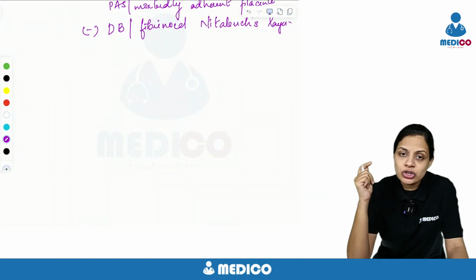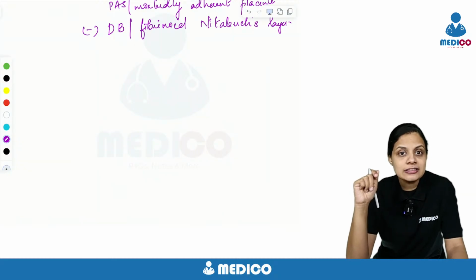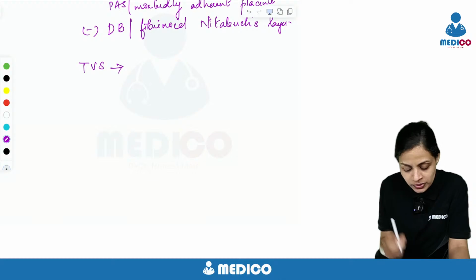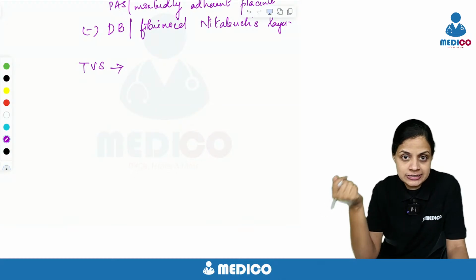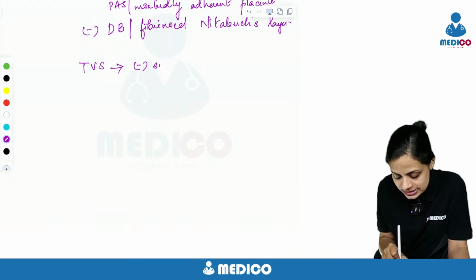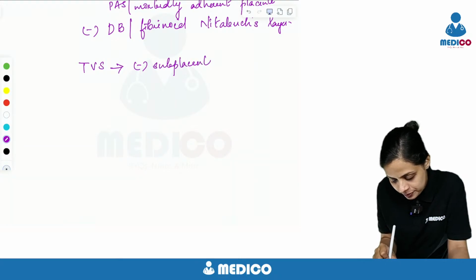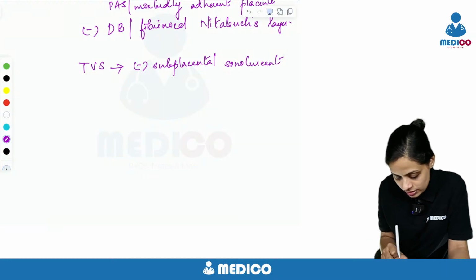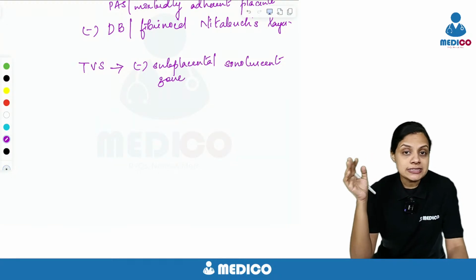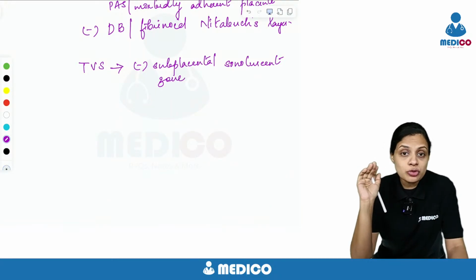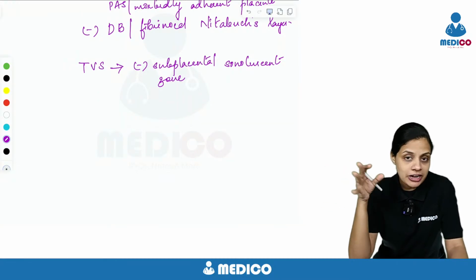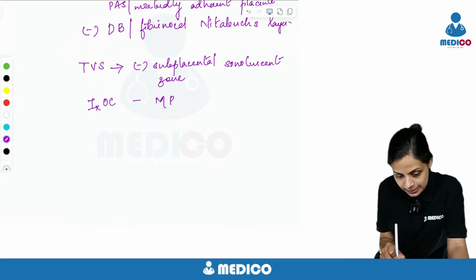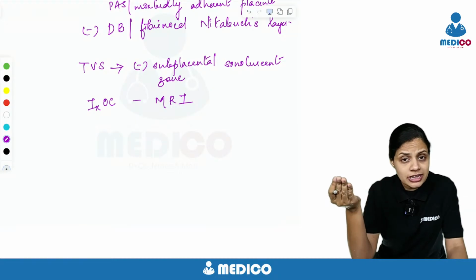So what did we say? When we do a vaginal ultrasound, you can see that the subplacental sonolucent zone is absent. You might get that in the question also. If the question mentions that a scan shows absence of the subplacental sonolucent zone, which is the decidua basalis, immediately go for placenta accreta syndrome. This can also be diagnosed using a Doppler, where you will be able to see the blood vessels that travel through. But what is the investigation of choice to identify this? It is MRI.